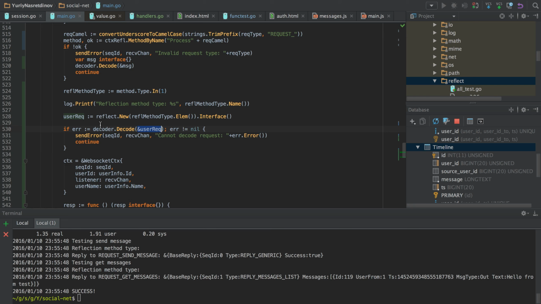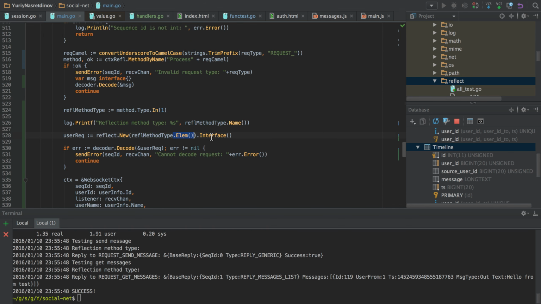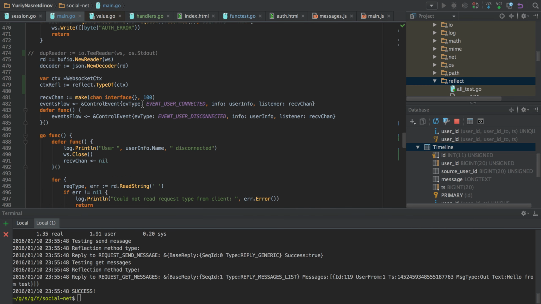The other thing that I also did is to specify the address of the user request instead of specifying the user request itself, so that the JSON decoder could unserialize values properly and create a new value there.